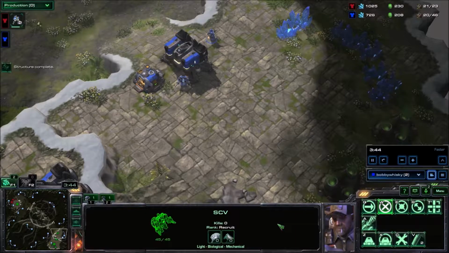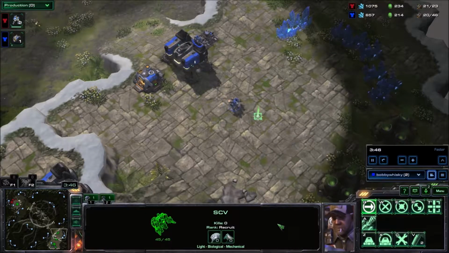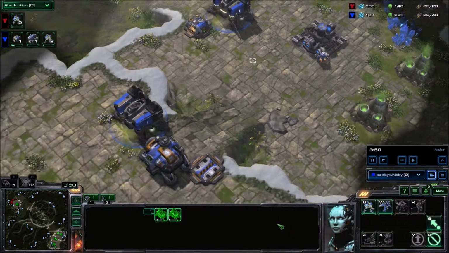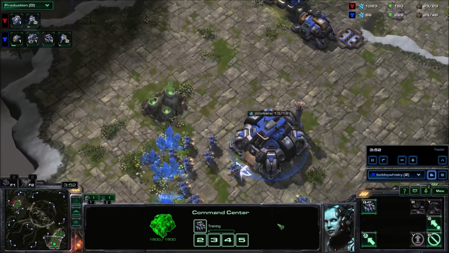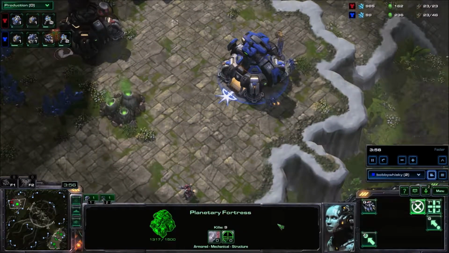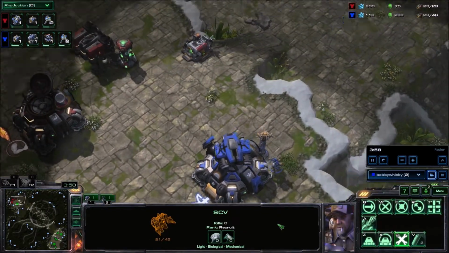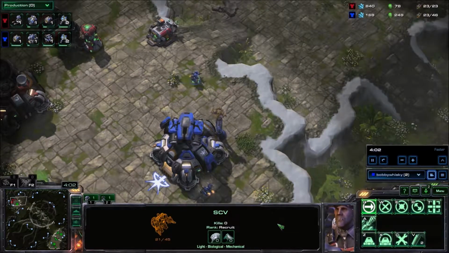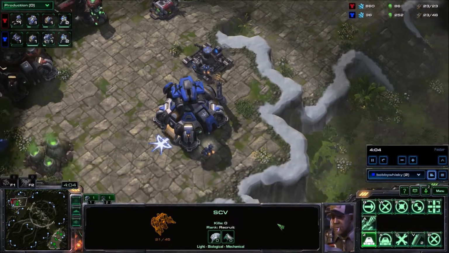Now, look at how high his money gets. I mean, I know my money's high. That's because I was panicking, I'll admit. I was not doing a good job dealing with the cheese. But here's the thing: he should be sending over troops. It'd be funny if he built a planetary fortress inside my base, even against the ramp. Look right there, where he's standing. Instead of making a barracks, if he'd make another planetary fortress,